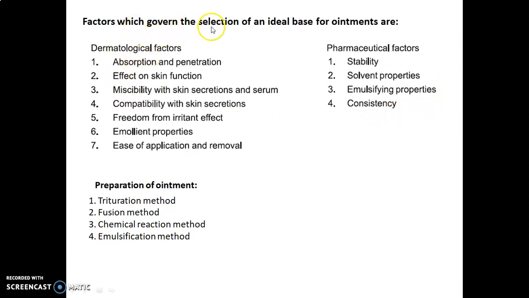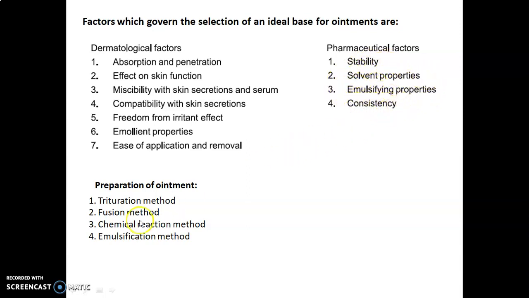The factors which govern the selection of an ideal base for ointments are two: dermatological factors and pharmaceutical factors. Dermatological factors are of seven types: absorption and penetration, effect on skin function, miscibility with skin secretions and serum, compatibility with the skin secretions, freedom from irritant effect, emollient properties, and ease of application and removal. Pharmaceutical factors have four points: stability, solvent properties, emulsifying properties